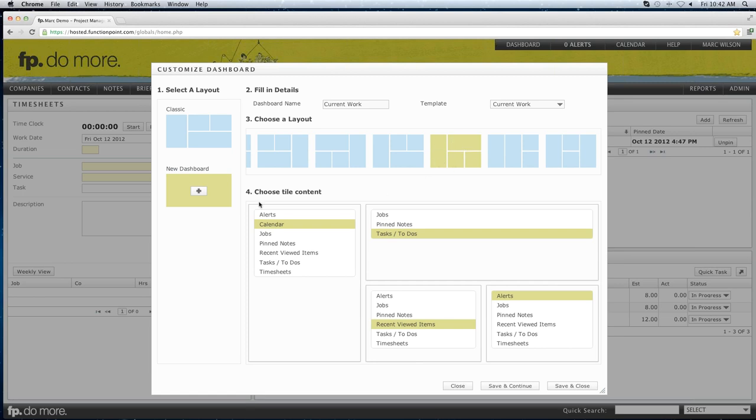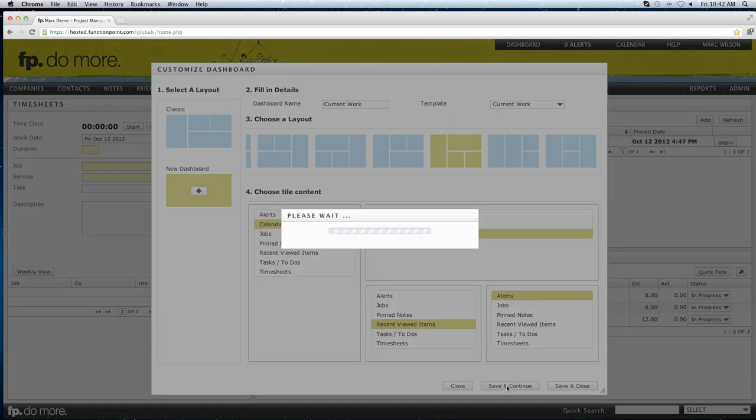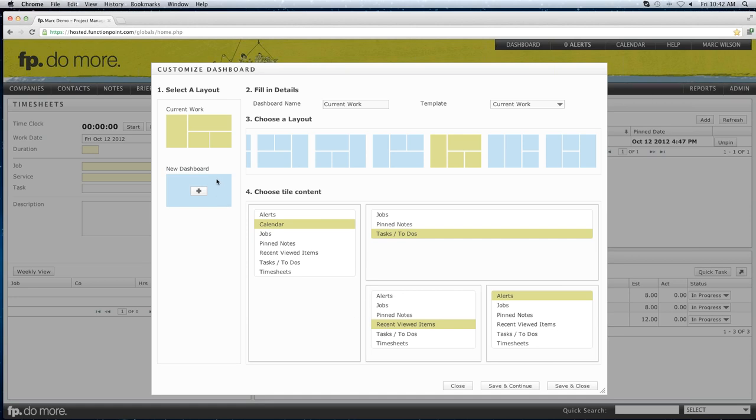So selecting the current work template, you'll notice has a slightly different layout. You'll notice then step 4 allows us to choose the tile content. Notice that this setup here mirrors what you have in the layout selection. So where we have that long column on the left, that's what we have on the left here. Within each section, it then allows you to select what you're wanting to be shown in those different areas. So because we selected a template, it's then loading up with information automatically. Calendar, tasks and to-dos, recently viewed items, and alerts. So if I save that,